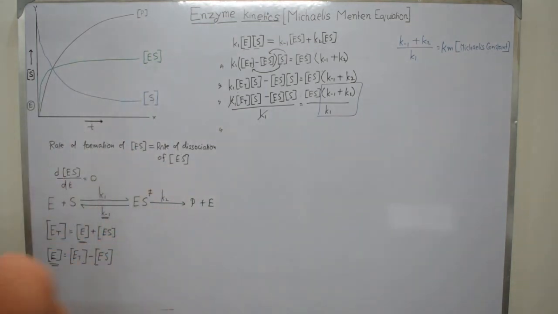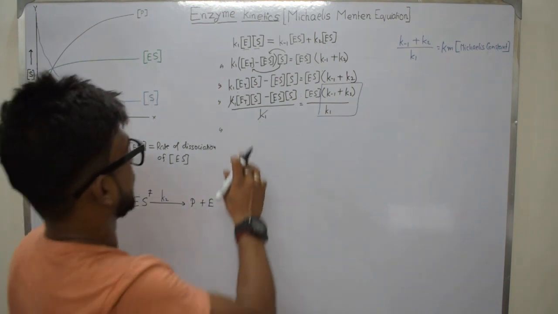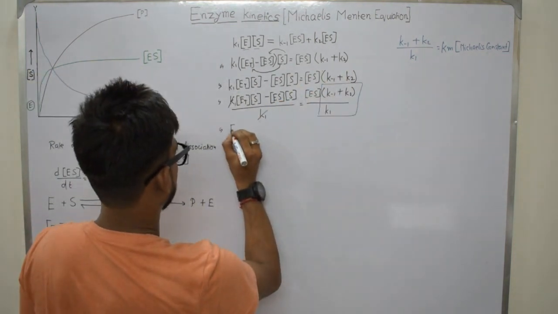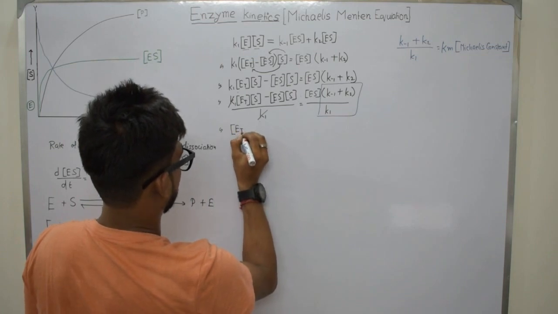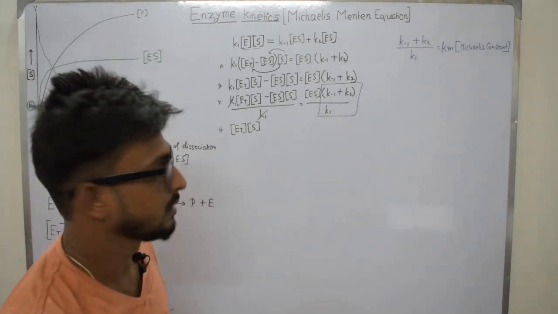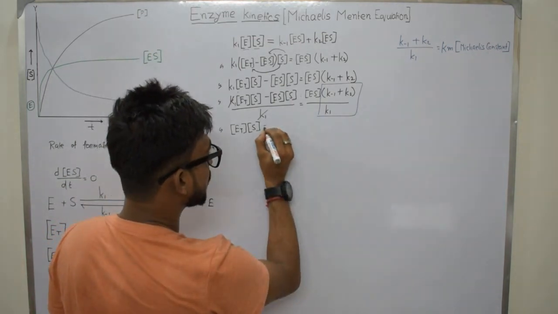Let me check it once. Yeah, we have to shift this particular equation to the right side. So we will end up with this, okay, and it is equal to